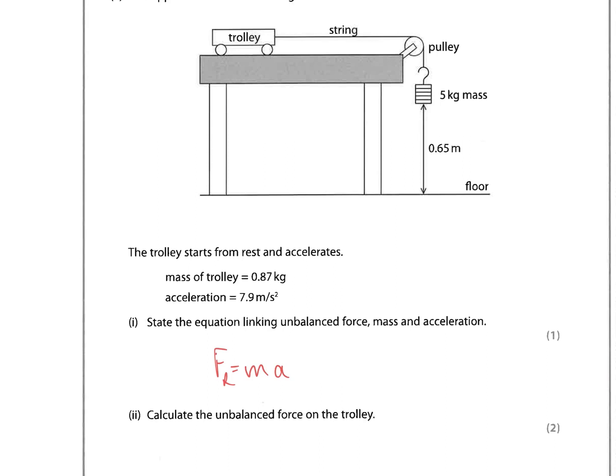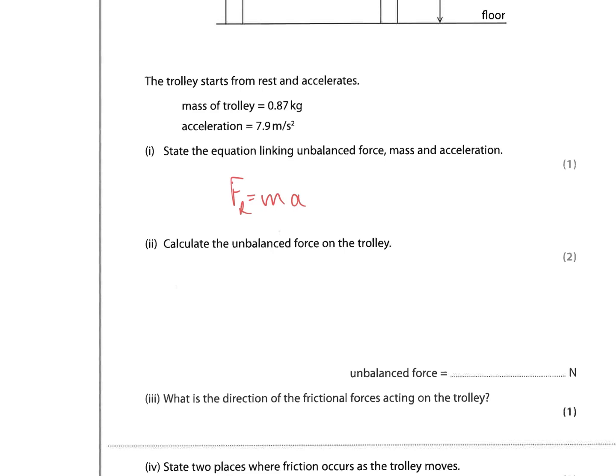Calculate the unbalanced force on the trolley. So we have 5 kilograms. That's not a force, that's a mass. So what is the force going to be? Well, we've been given some values here which we can work with. So these values above here we need to make use of. So the F resultant, or the unbalanced force, is going to be the mass times the acceleration, which is 0.87 by 7.9 meters per second squared. If I plug those into the calculator,